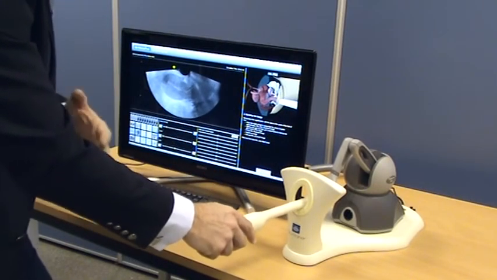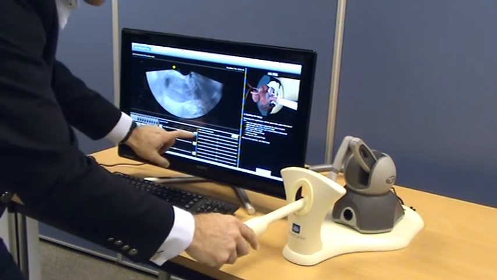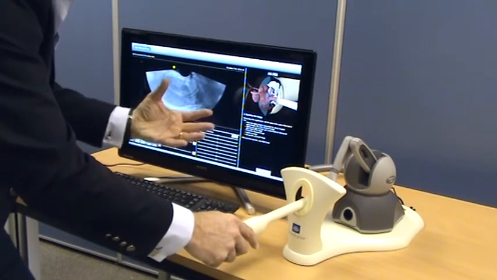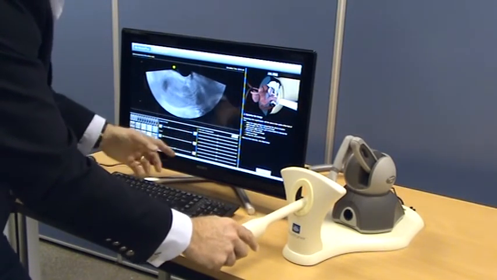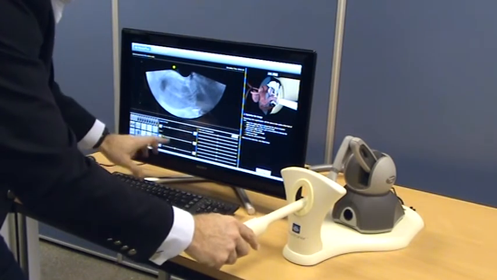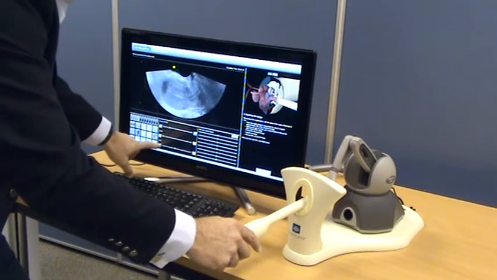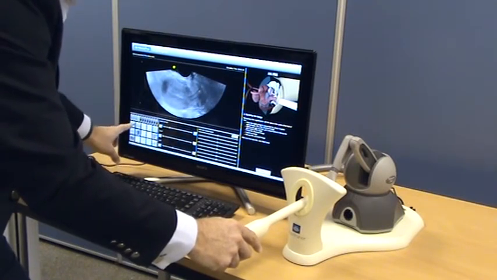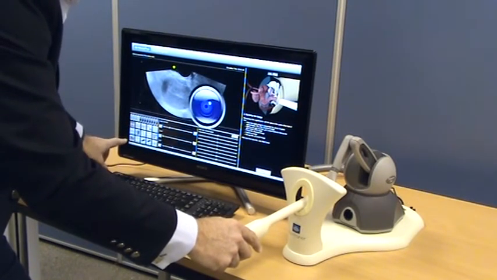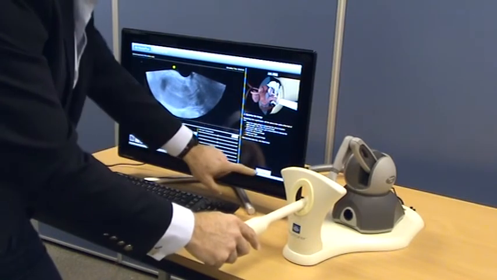Now it wants me to optimize the image. So to optimize the image, I'm going to increase the depth of field. This is all about making sure that you magnify the image correctly when you're examining a patient. So it wants me to fill it to about 75% of the field of view. Make sure I'm happy with the gain, and then I freeze the image, take a picture, unfreeze, and then click